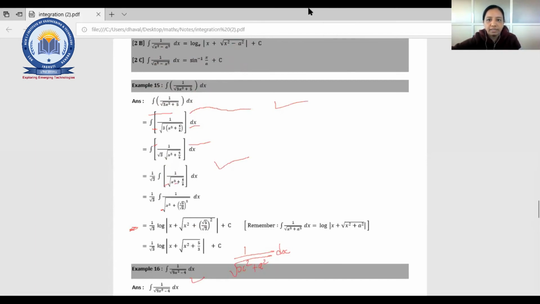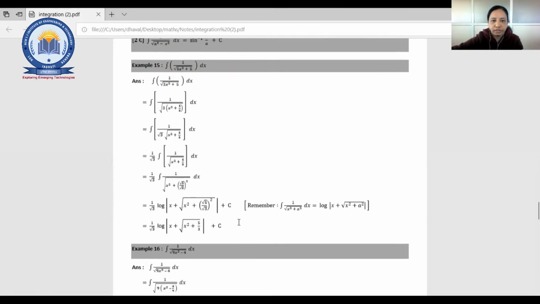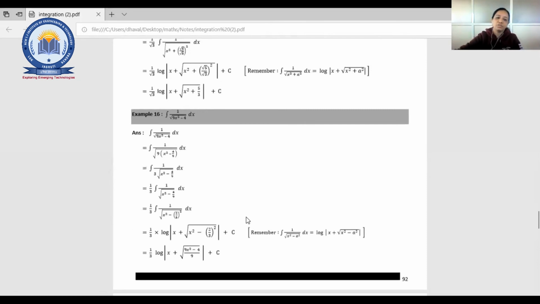Is there any doubt in that? You just need to convert it into the formulas, right? According to the formula. If you remember the formula, that will be easy, because integration is a little bit more difficult than differentiation, right? Okay. So the next one, same like that, 9x square minus 4. Here you can directly get x square minus a square, right? So no need to take 9 common and take 3 out. Directly you can get the answer, I think.